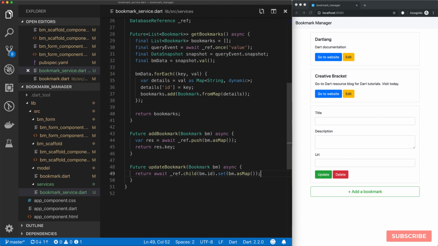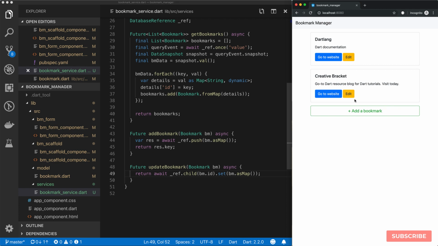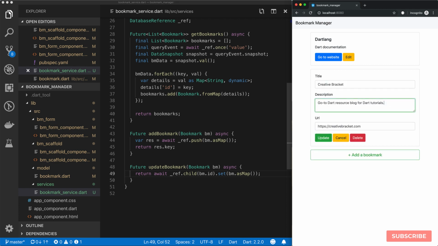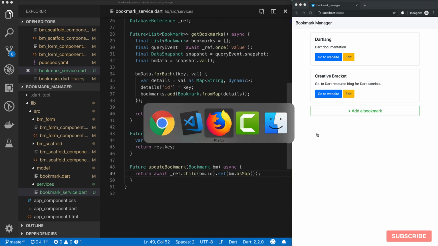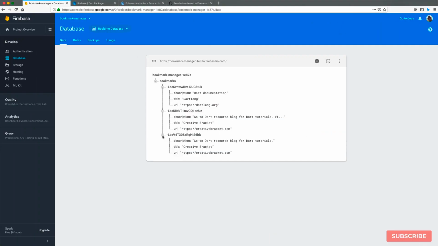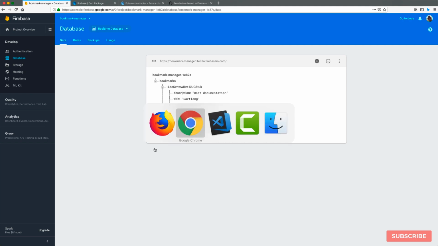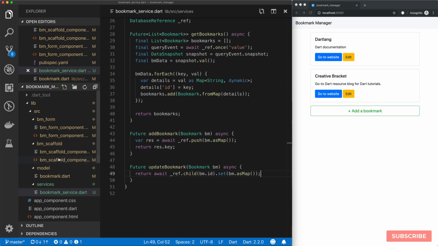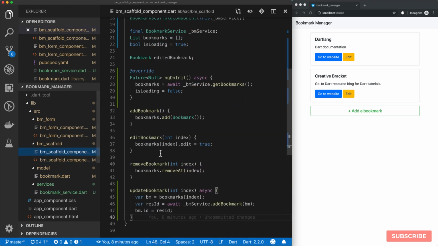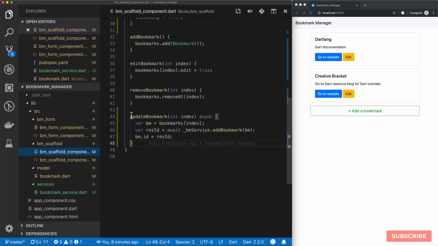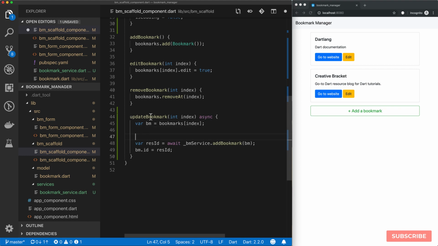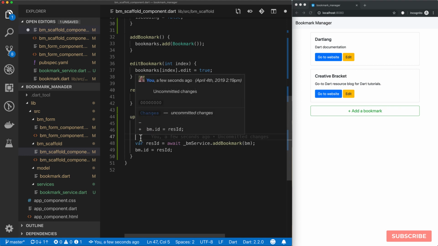So when I save this, make sure all files are saved, and let's edit this, get rid of that, click on update, come back to our Firebase data store, and of course still a new one. Sorry, I realized that we need to do one more thing in our scaffold component file here, because whenever we click update, we are calling add bookmark, we're not calling update bookmark. So what we need to do in here now kind of makes sense why I called it update bookmark instead of create or add. So I'll do if